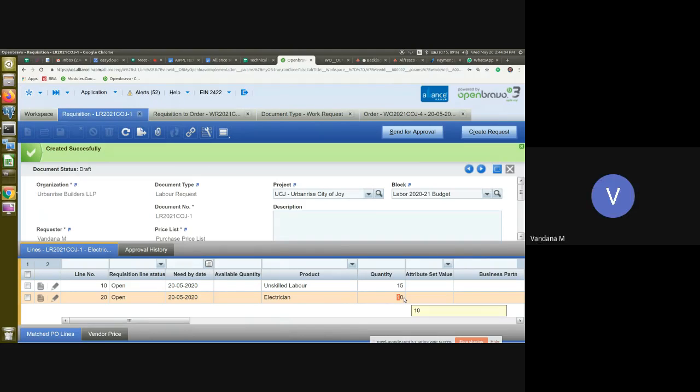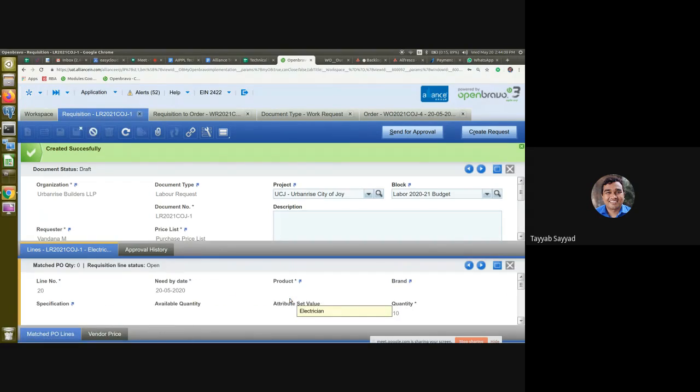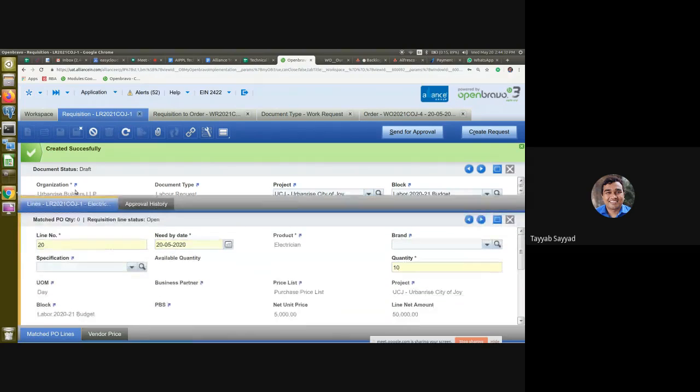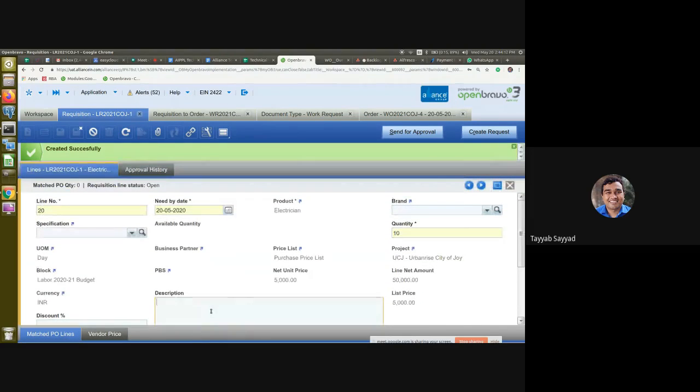Syed, you can add a description and show, no? Yeah. So you can add the description for this labor, like where it is needed, why it is needed, electrician for which work.